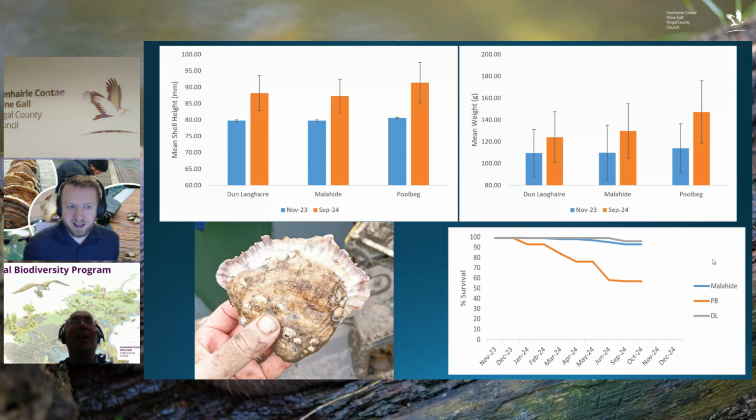Yeah, we're definitely excited that we have those early promising results, and this is what we hoped for, to be able to justify upscaling that. So it's a matter of getting those foreshore permissions in, and then getting the finances to put all this out in the water, because it's going to be a big project, but we're excited to see the results from it.